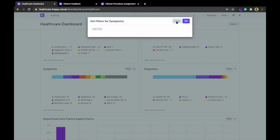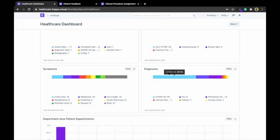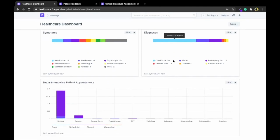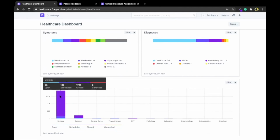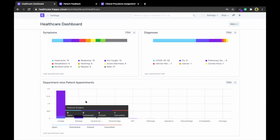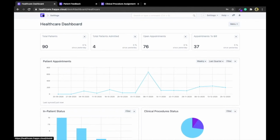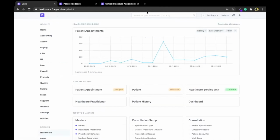You can also filter it according to dates. As you can see, the diagnosis is showing COVID-19 as the most diagnosed disease according to the current data we have in the system. You can also see department-wise patient appointments according to their status, how many are open, scheduled, closed, cancelled, and so on. You can also create your own charts, just as I showed you in the patient appointment view. Not just that,